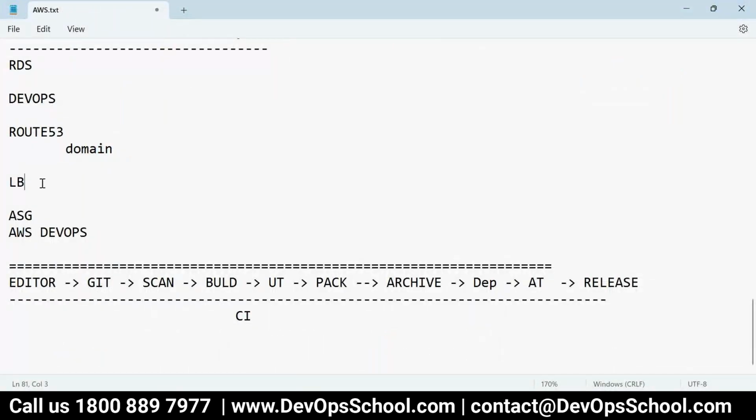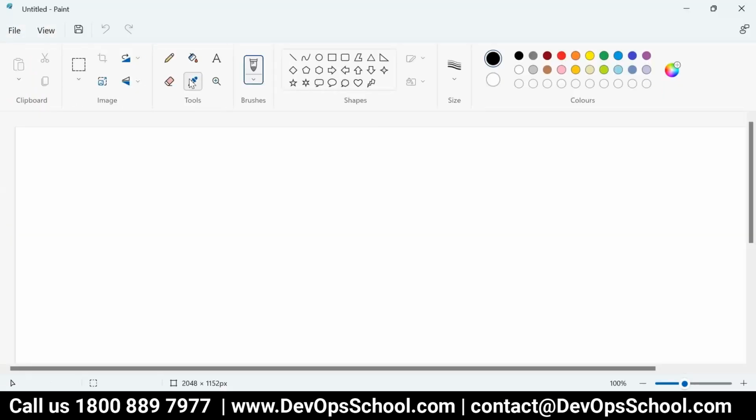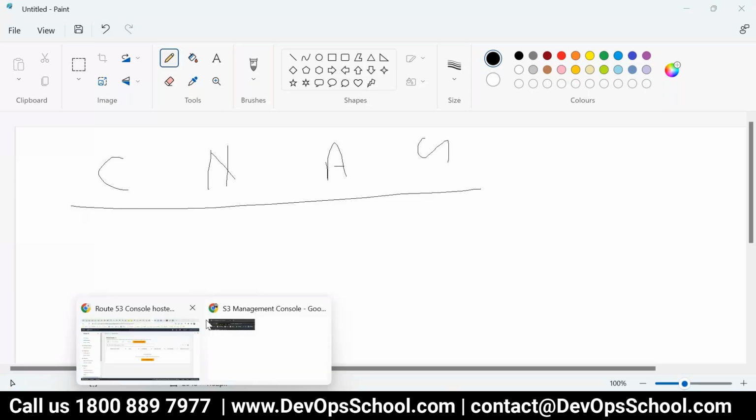Now load balancer, how do we create a load balancer? So guys, in a simple way, there are types of load balancer on AWS. One is classic, one is network, one is application, and one is gateway. In fact, four types. Where do we see that? Let me show you here. Go to the EC2,